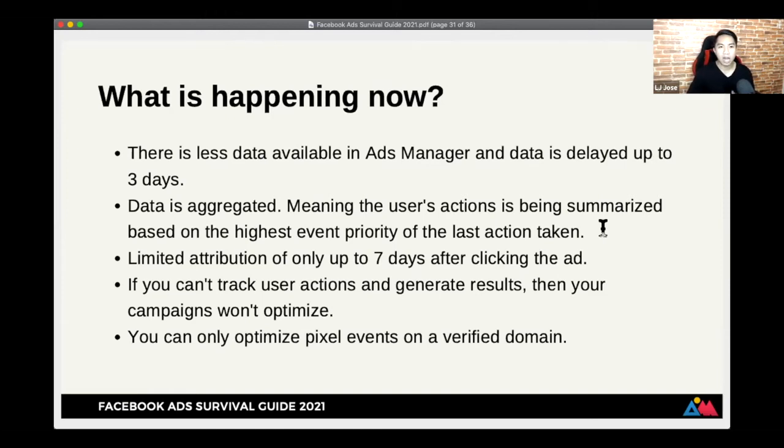But for you to really track it ngayon is you have to do first-party tracking or first-party data collection, which is on your own website. If you're using a website, you have to check yung successful na mga sales doon, or if this is a lead generation campaign doon sa email list ninyo, you have to manually calculate ngayon. Kasi nga, hindi na reliable yung Ads Manager. Okay? And limited attribution of only up to 7 days after clicking the ad.